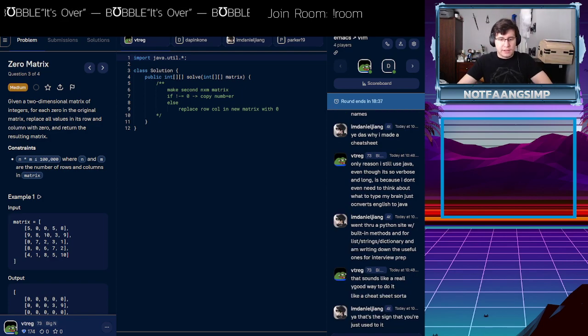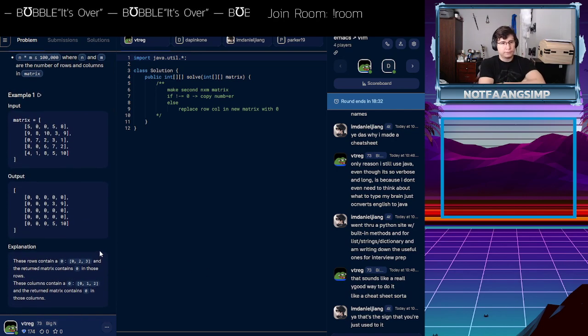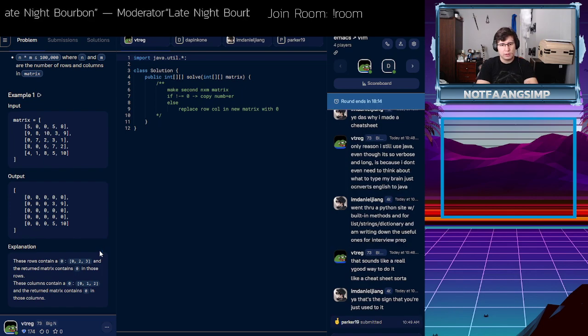How can we do this? How can we do this in O of 1 space? Okay, there has to be some sort of algorithm we can apply, right? Where we maybe recursively do it. Maybe recursively, yeah. So if we start off, let's say at the top here, we find a 0, we recursively